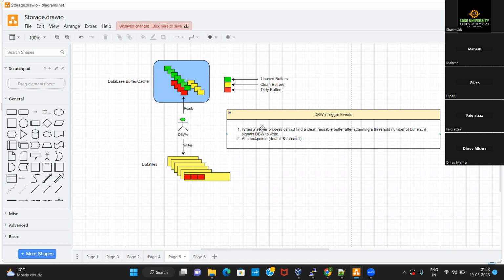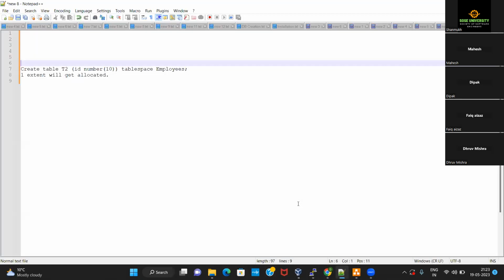Now, which are those events at which the DBWR background process, or the database writer background process, gets activated? I mentioned it here. When a server process cannot find a clean reusable buffer. What this point means is, say one of the users fires a new command in the database, let's say an insert statement.